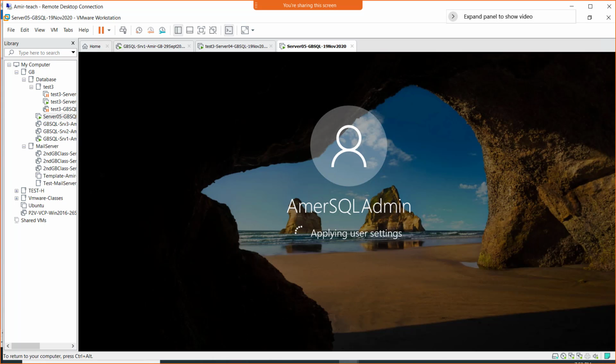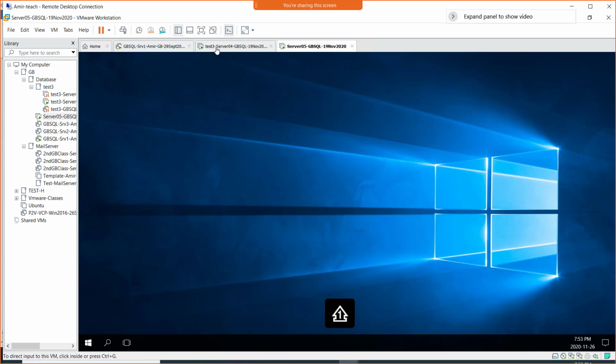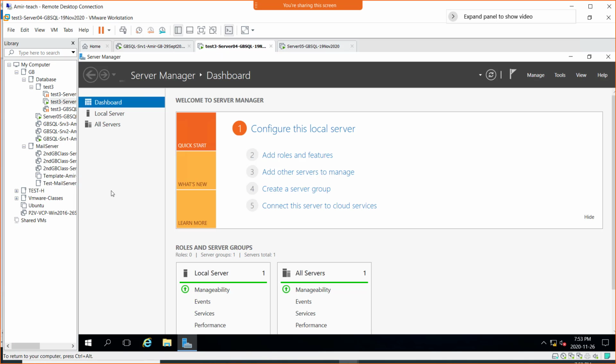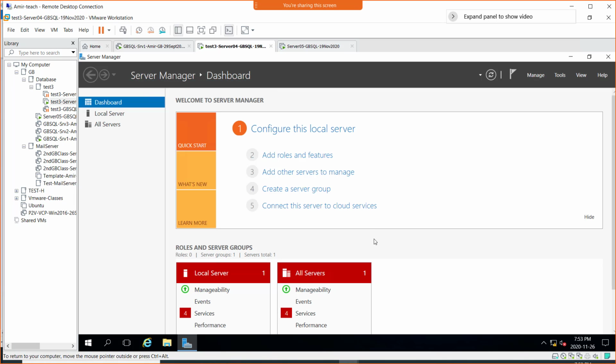It may be that if there's some bug in the Windows and it needs some Windows updates, that might not be a very good thing, but